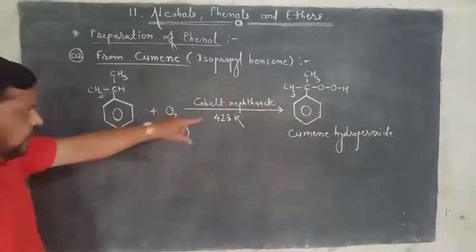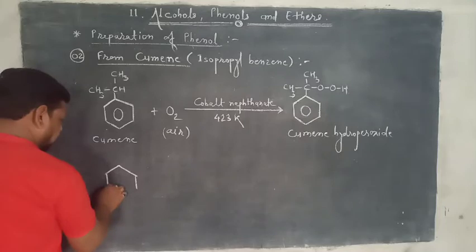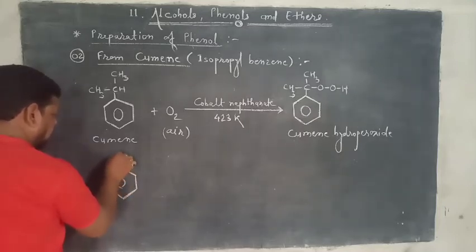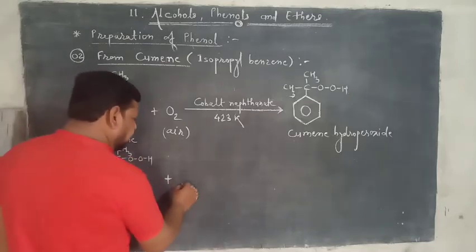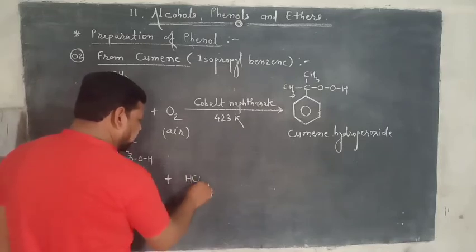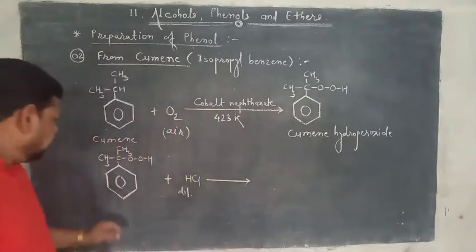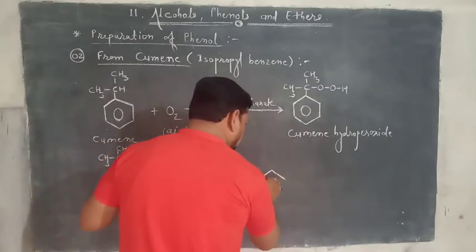Then cumene hydroperoxide is acidified with dilute HCl. Then it gives phenol